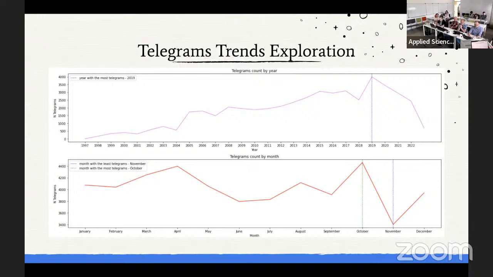They try to add some ads, and the people are leaving them. So basically, this indicates not that there are fewer telegrams, but that there are more sources, and the old sources may become less popular in time.